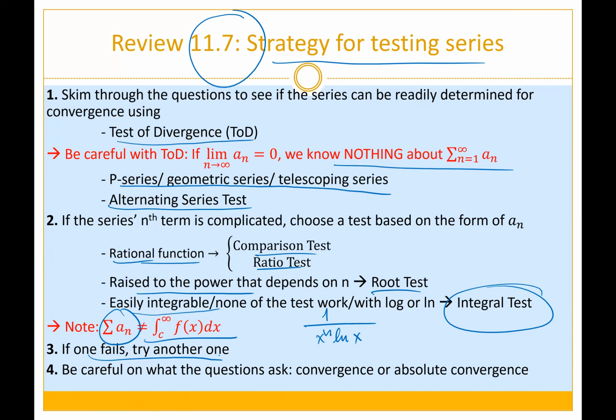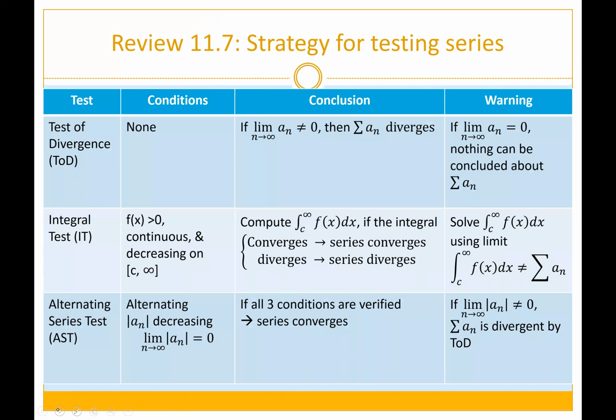And the last one is to be careful about what the question is asking, whether it's convergent or absolutely convergent. When it talks about absolutely convergent, usually you're going to use the ratio and root tests, not just the comparison test. If you can prove that the absolute value series, say you're given this a_n, is convergent, then it's absolutely convergent based on the definition of absolute convergence. Now, having said that, I have put all of the tests over here,